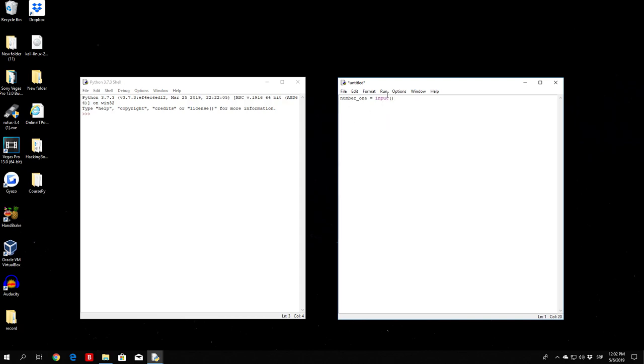What this input function will do is, once we run the program, it will block the program entirely and wait for the user to input something on their keyboard. For example, it will pause at this part right here and wait for a user to specify, for example, 3 or 4 or 5. Since it is a number, we will need to specify the number to the actual program. So number_2 will also be equal to input,